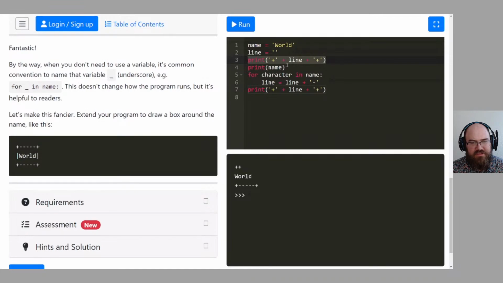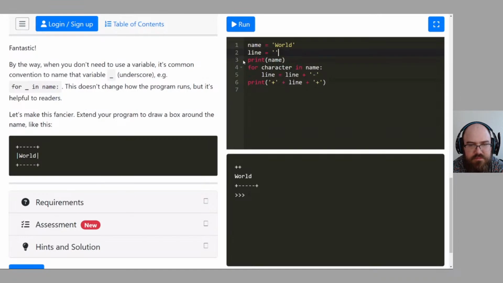So we've got an unsolvable puzzle here. Line 3 has to be below line 6, but line 4 has to be below line 3. That means I have to change the value of line. That's what I think. But then that messes up the whole thing. It's actually simpler than that. You just need to rearrange the lines you already have. Yeah. So I'll print out name in a different spot. That's fine.